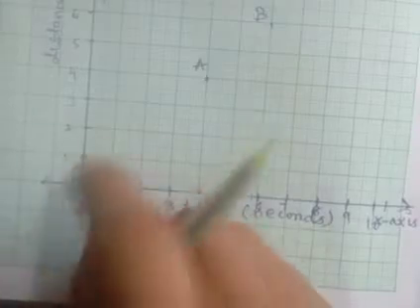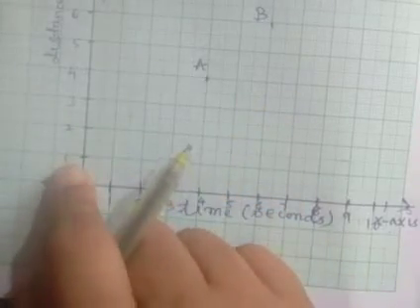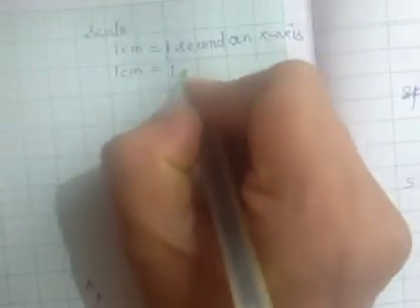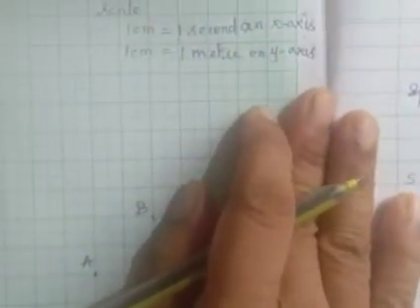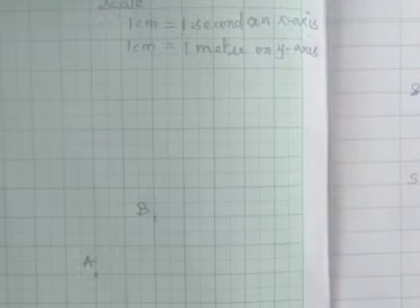And how are we going to write on the y-axis? Here also 1 centimeter is 1 unit, but that 1 unit is 1 meter on the y-axis. So what will you write here? 1 meter on the y-axis. Okay, so that is regarding the x-axis and y-axis. You have to remember to write like this. Is that clear, students? Okay, so now let's proceed further.